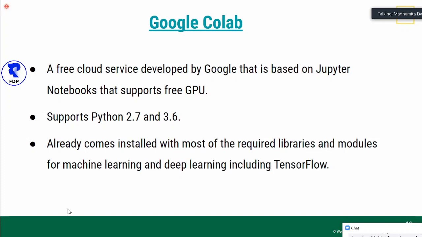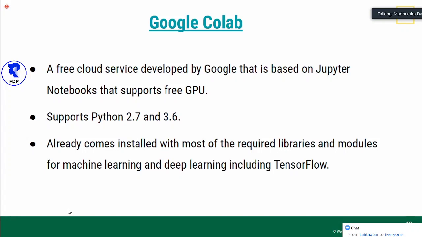Jupyter Notebook is very popular among data scientists and data analysts because you can visualize the data right there. It comes with great visualization and great tools also, so that makes data analysis much easier. And the great thing about Google Colab is it comes installed with most of the required libraries and modules that you need for your machine learning and deep learning development.